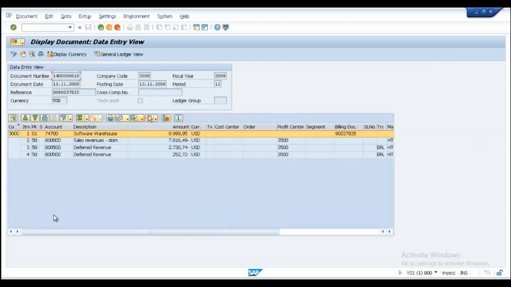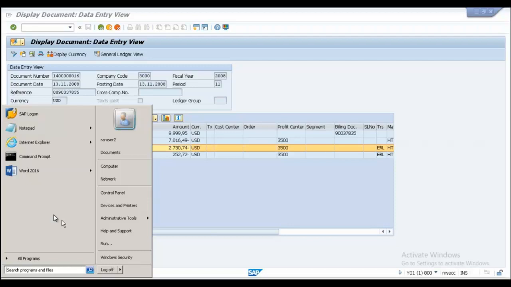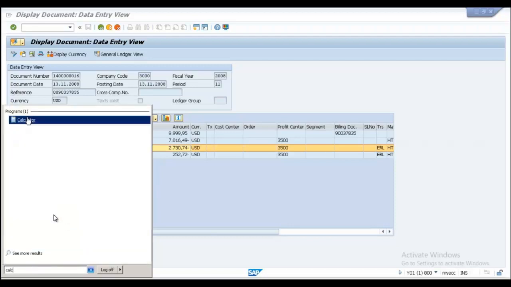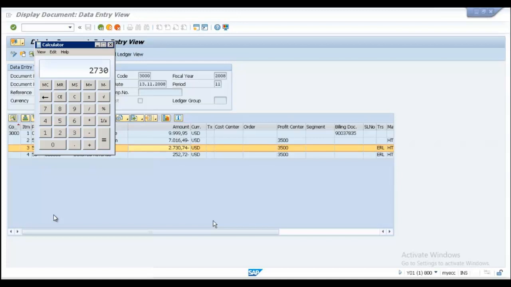So for example, let's try to do this. If everything is okay, it will work. So let's take an example for month 12, 2008. Why am I not taking 11? Because for 11, it will only calculate for the remaining days, only for 18 days. If I want to show you how much amount, for example, if I go to the calculator, 2730.74, if I divide this by 12,